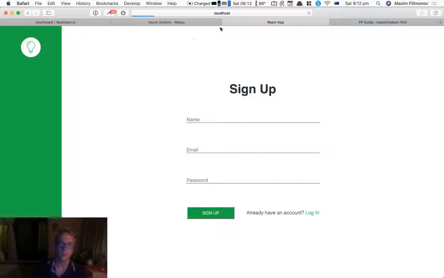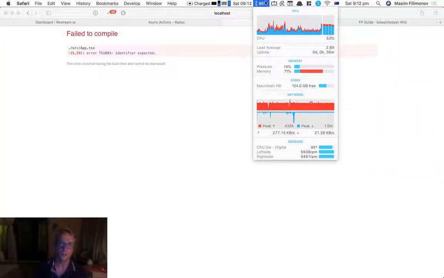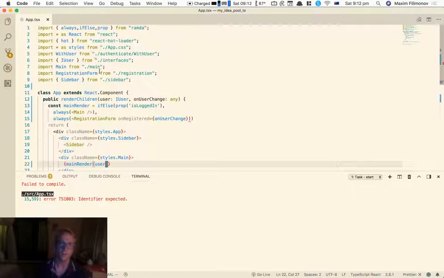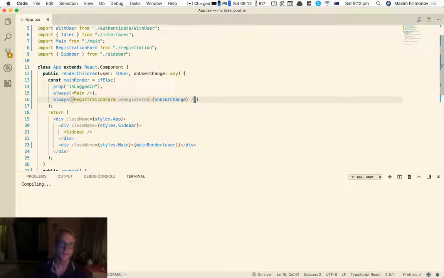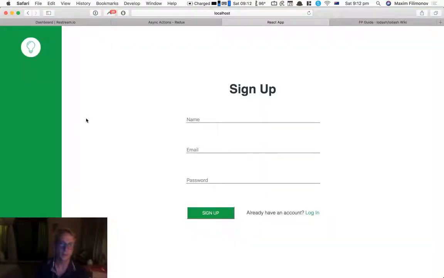Reloading. Reloading. Line 15, identifier was expected. Oh yes, I forgot that thing. Okay, so that still works, and if I type my name,